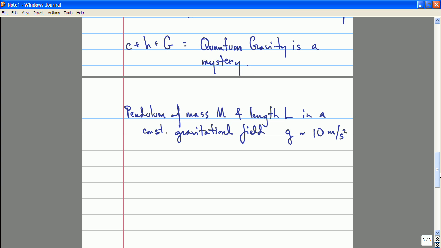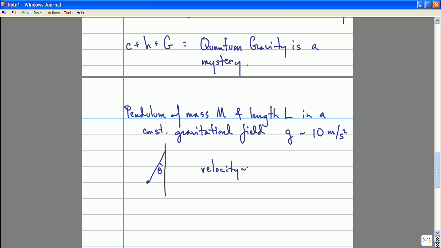So one can then, if one considers the motion of this pendulum in a constant gravitational field, go ahead and estimate the typical velocity of this pendulum and compare that to the speed of light. So, for example, you could imagine a configuration where the pendulum is started at rest at an angle theta off of vertical, and then it's allowed to swing back and forth. And you could compute, of course you know how to compute this precisely, but we're not doing precise computations. You could imagine estimating the velocity of this pendulum as it passes through the origin as a function of these basic parameters. And the important observation is that the angle theta is dimensionless, so that the velocity of the pendulum